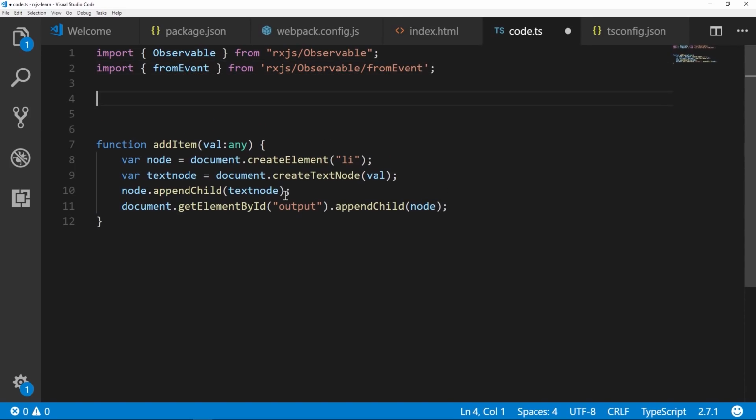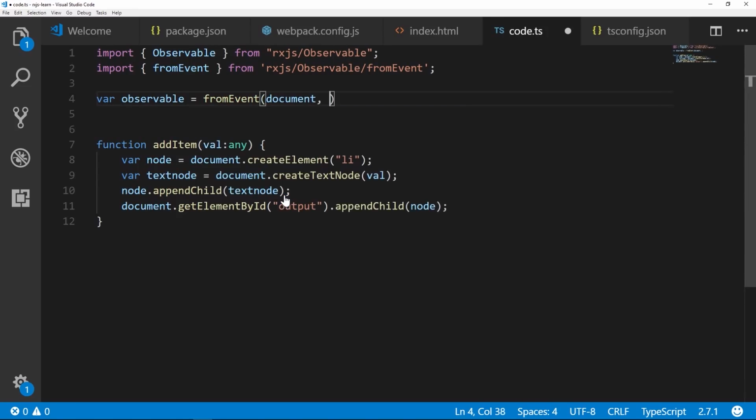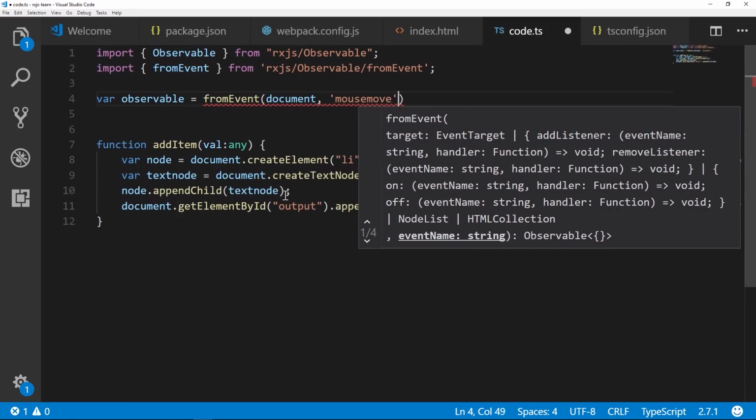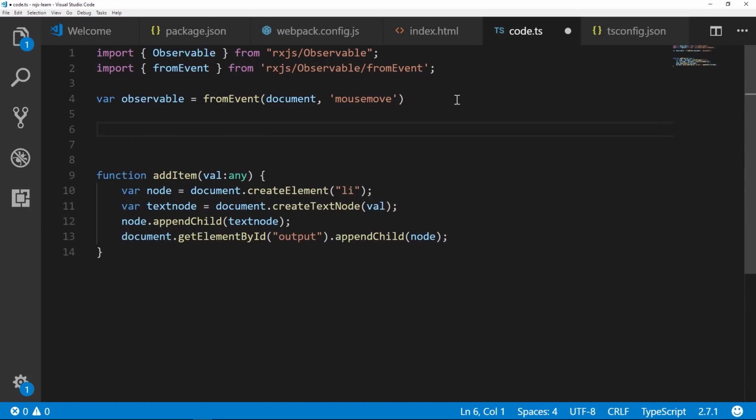All right, so we're going to create what's called a truly hot observable. So we're going to say var observable equals from event document and mouse move. This right here is technically an observable, and we're creating an observable from this from event function. So you can create observables through these creation operators, as they're referred to as. So then we're going to set timeout,